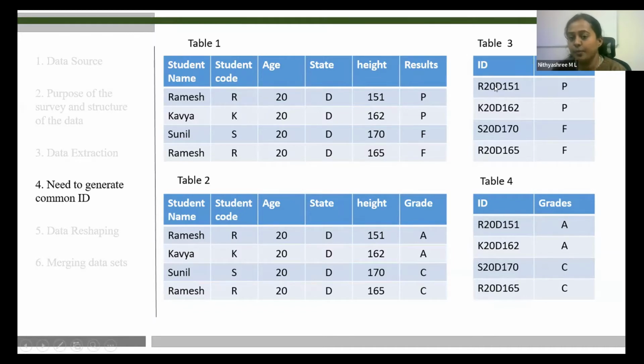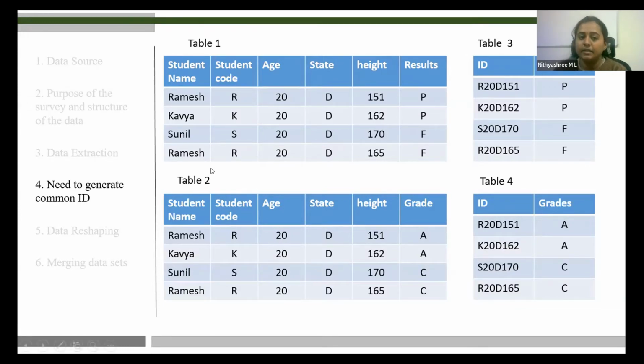So easily you can put the pass result in front of this ID instead of putting Ramesh, and the fail result in front of the last ID for the last Ramesh. Okay, so this kind of exercise you have to do for each file. We will have a number of files that I will show you when we start working with the original data. Just for the understanding purpose, in some columns there will be duplications. If you start merging without addressing duplication, it becomes a confusion and the data may also mislead you when you complete your analysis.